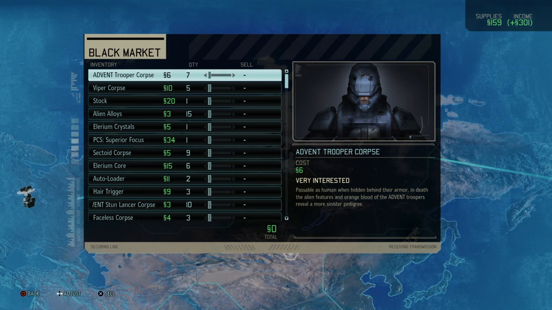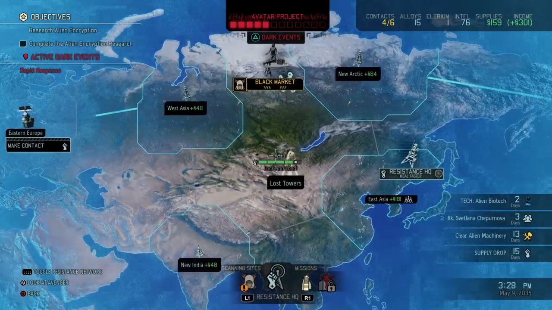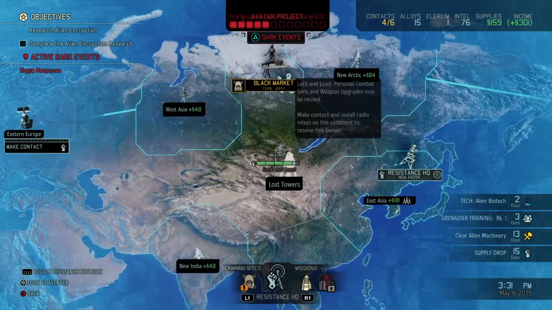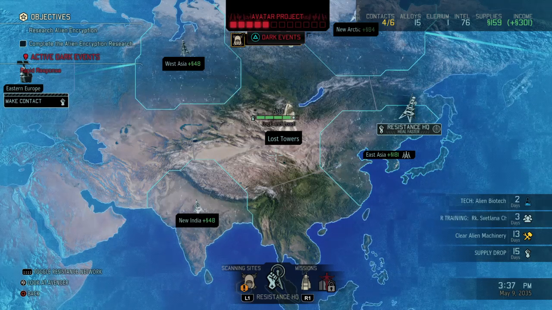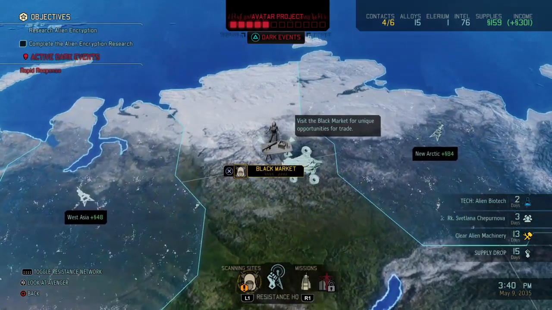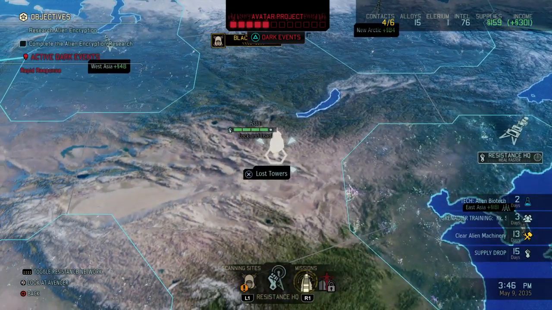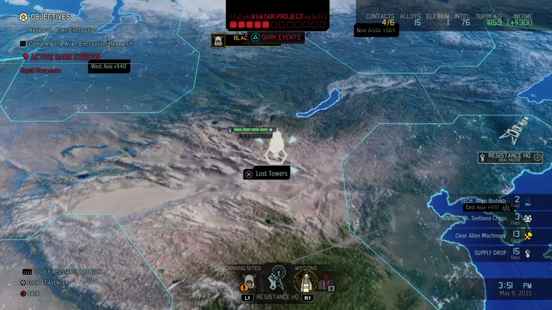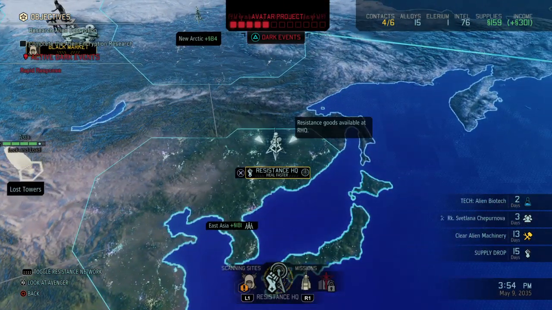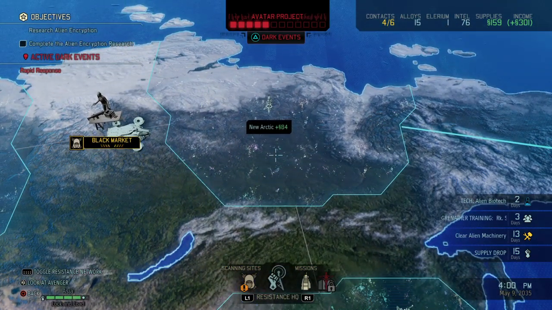Advent Trooper Corps. No. Alien biotech in 2 days. Scanning sites. That is the black market. That is our head office. Oh, we have not finished that mission yet. Let's go back to Lost Towers. Let's go back to our base. See, there are no missions except the